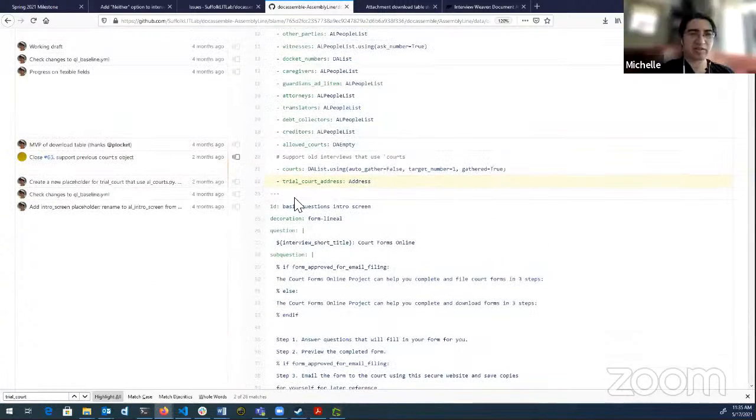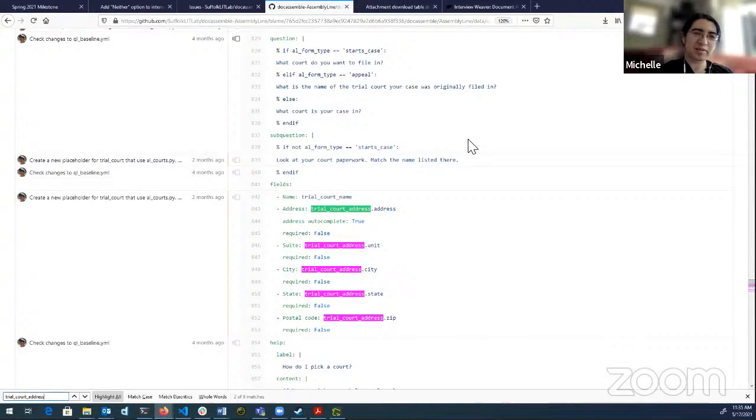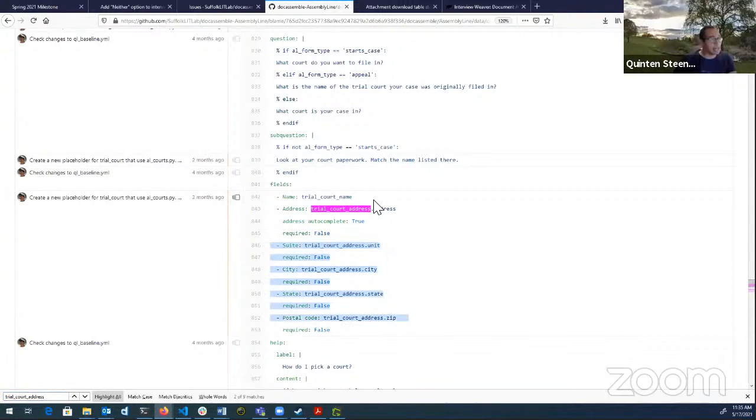That's fair. It's comforting to know that this doesn't only happen to me. That happens every time. Oh, that's right, because it's a placeholder. I wanted to be able to use the address autocomplete, and that only works if it's an object. That is why. So I don't know why I wasn't using